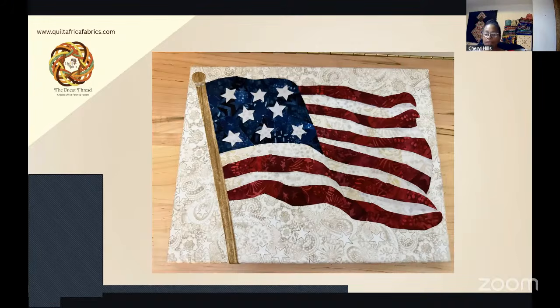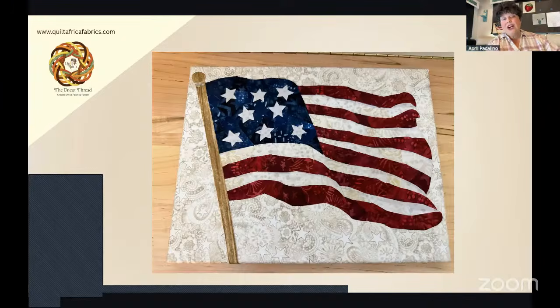Can you give us a brief description on how you go from the actual picture to pattern pieces, or how you actually get your students to create this in fabric? Okay, so what they'll do is I will give them the value map, and then I give them a piece of parchment paper and a pencil, and they will trace it out. We will talk about the lines that they want to put into their project, and they will make the choices about how they trace the value map onto the parchment paper.